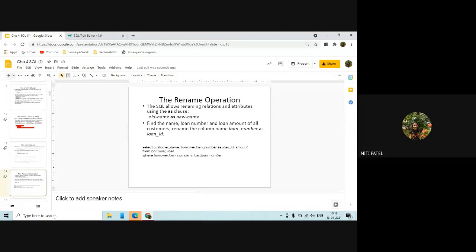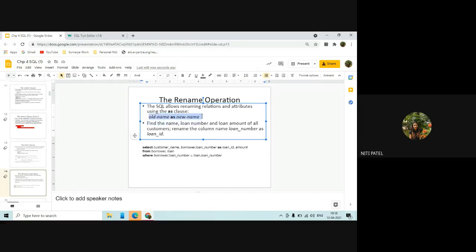Next is rename. What is the rename operation? Change the name of the existing column or table. SQL allows renaming relations and attributes by using the as clause. So if I want to rename a table or a column, I have to make use of the as clause: old name as new name.